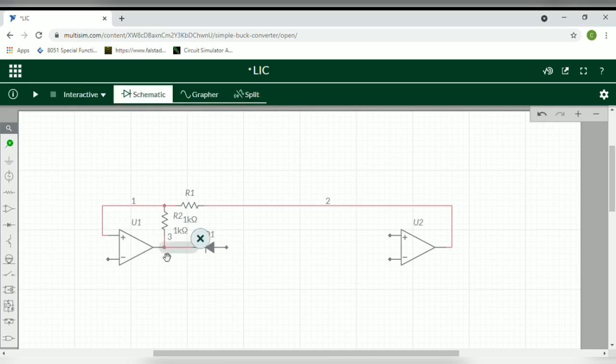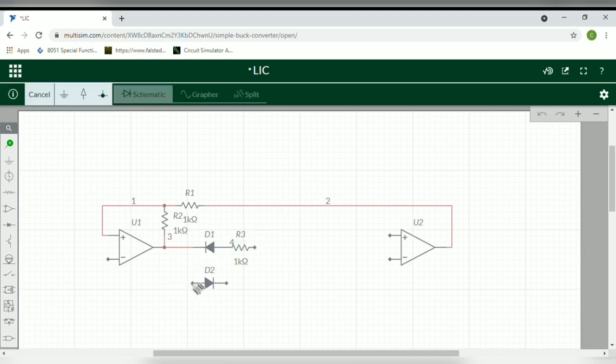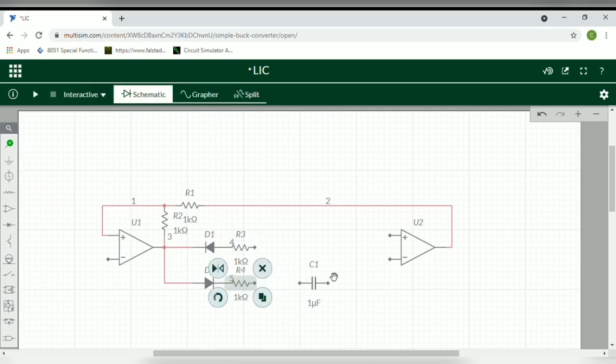Now we'll take a resistor and connect it to the second terminal of the diode. Now we'll take another diode and connect it to the output terminal of first op-amp. Now we will take a resistor and connect it to the second terminal of the diode.